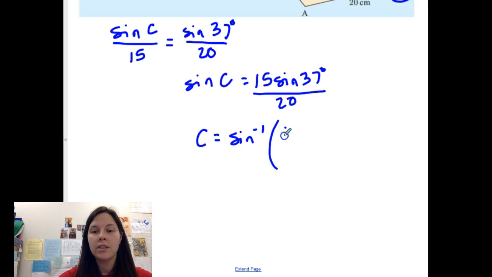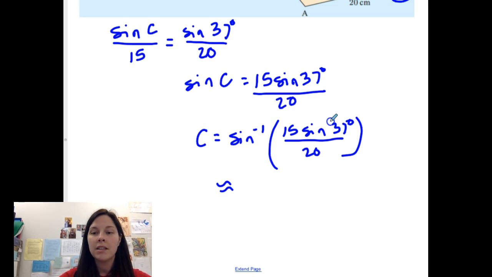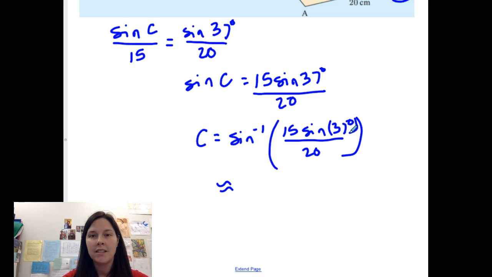To solve for C, we're going to use the inverse sine, and type all of this in just as you see it. Because what's inside the parentheses is all multiplying and dividing, you don't need extra parentheses in the numerator. Some calculators automatically come up with a parenthesis for sine, so you would have to close that before you divide, but other than that, no extra parentheses are necessary. So for my angle, I got